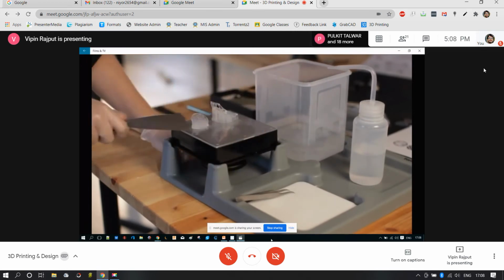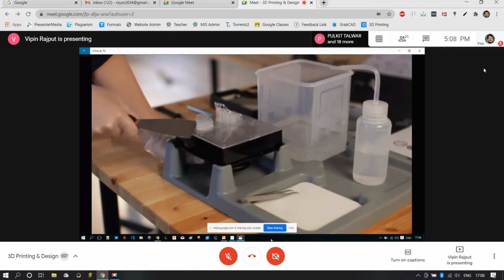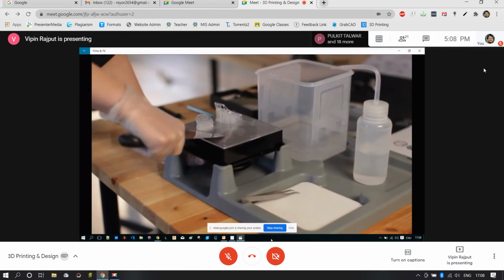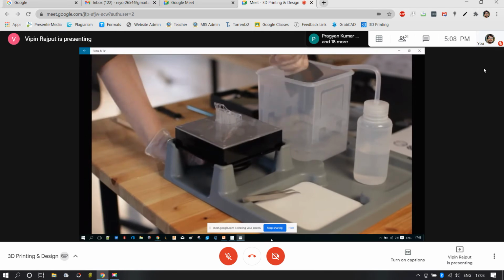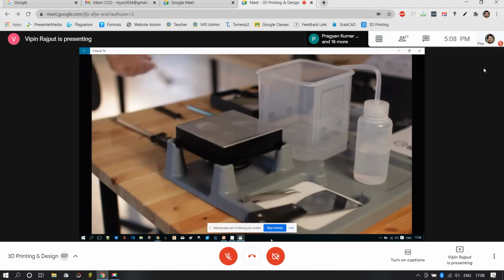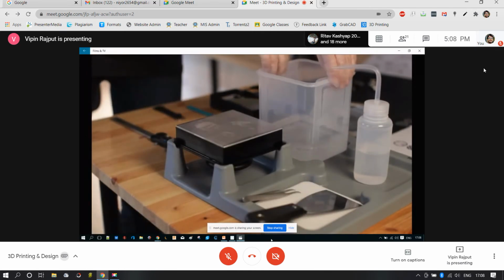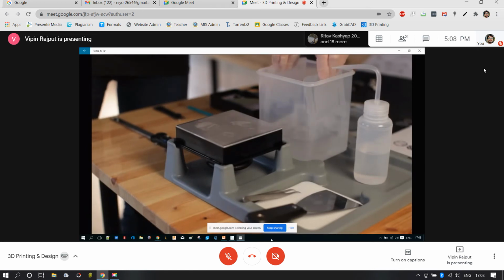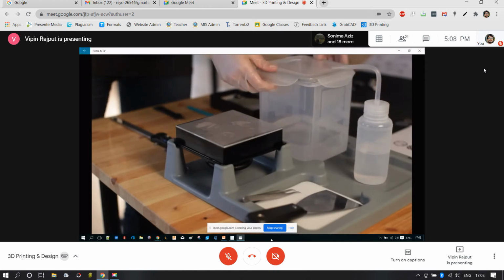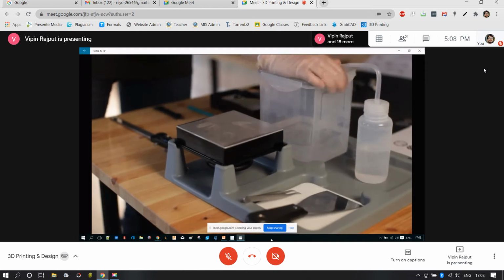After removing all of your parts, place them in the rinse tub filled with isopropyl alcohol. We recommend using isopropyl alcohol of 90% concentration or higher. Agitate the part using the rinse basket for a couple of minutes. If the part is very delicate, you may want to skip this step. Let the part soak for 10 minutes. This will remove any remaining uncured resin.